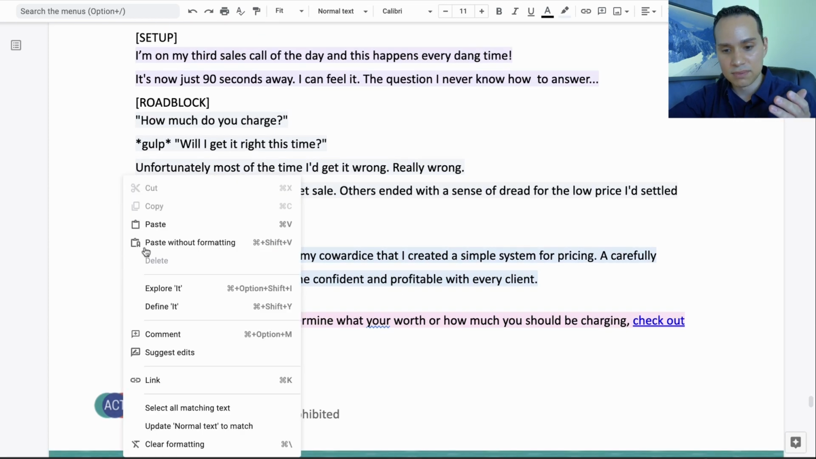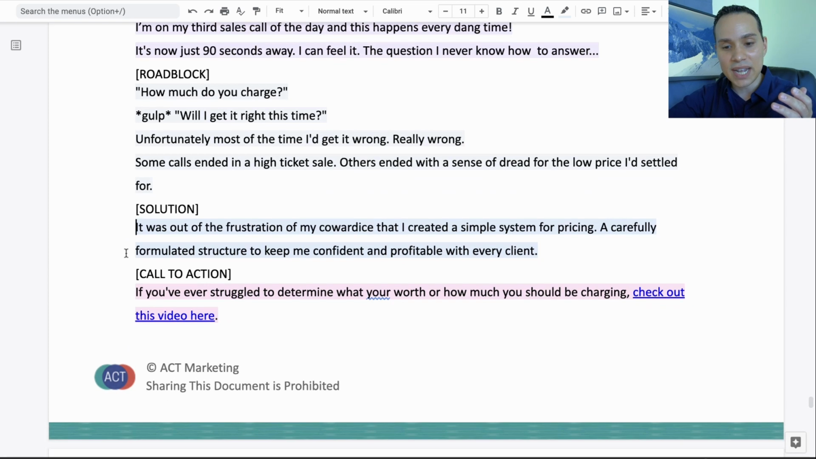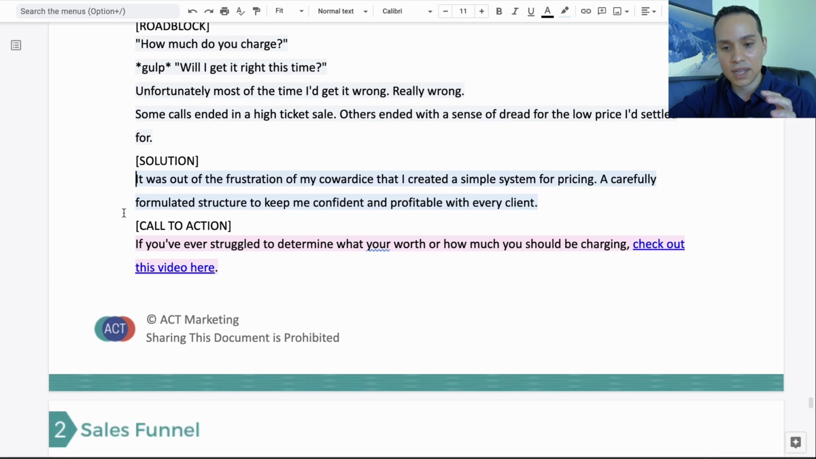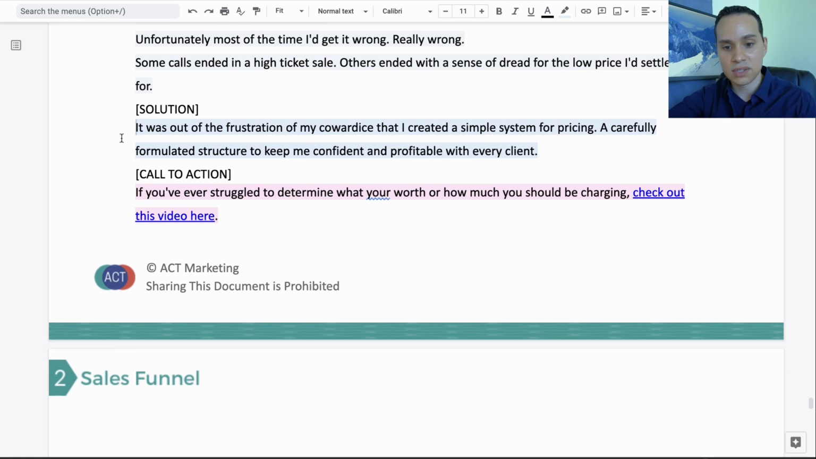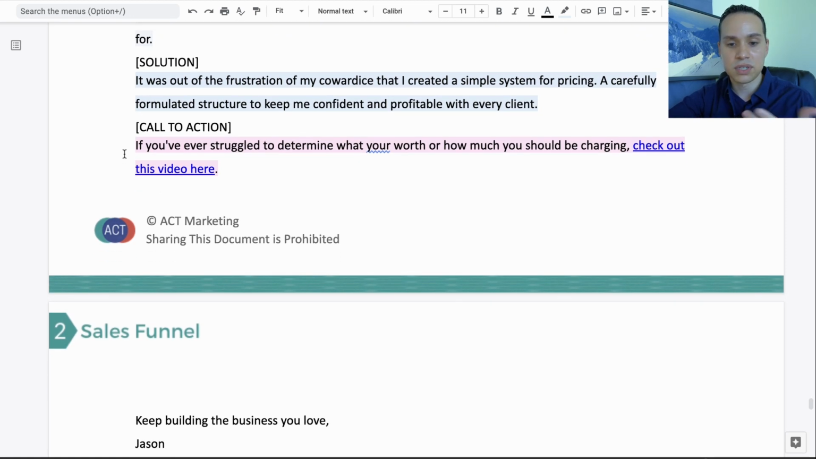It was out of the frustration of my cowardice that I created a simple system for pricing. I carefully formulated structure to keep me confident and profitable with every client, right? And then, of course, this is introducing the solution, and the call to action is, of course, to check out